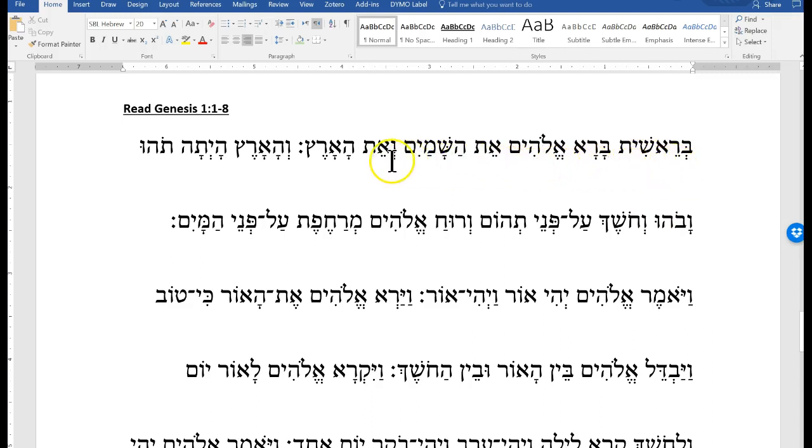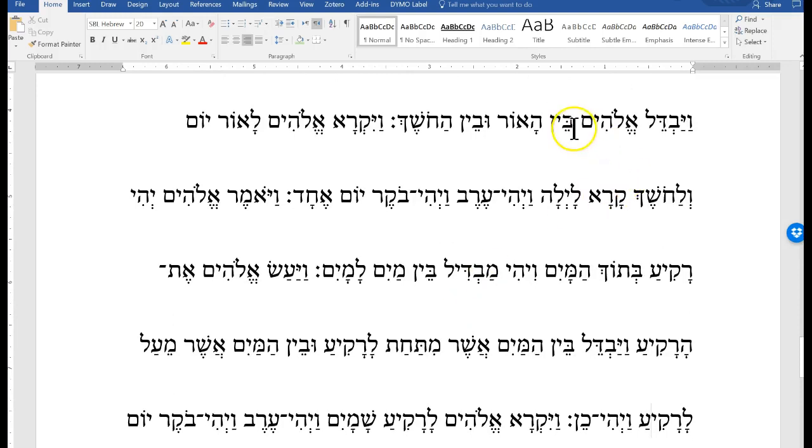Bereshit bara Elohim et hashamayim ve'et haaretz v'haaretz hayta tohu v'bohu ve'hoshek al pnei tehom ve'ruach Elohim merachefeth al pnei hamayim v'yomer Elohim yehi or v'yehi or v'yar Elohim et haor kitov v'yavdel Elohim bein haor uvein hachoshek v'yikra Elohim laor yom v'lachoshek kara laila v'yehi erev v'yehi voker yom echad v'yomer Elohim yehi rakia betok hamayim